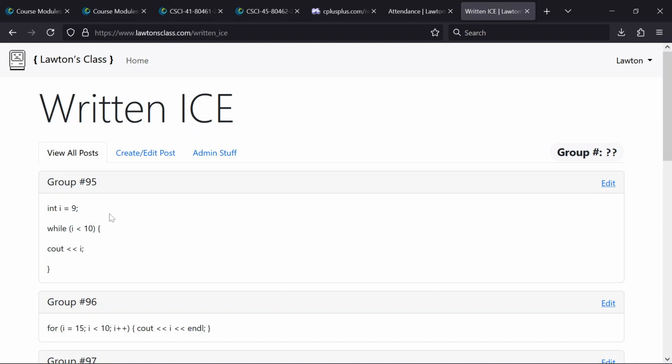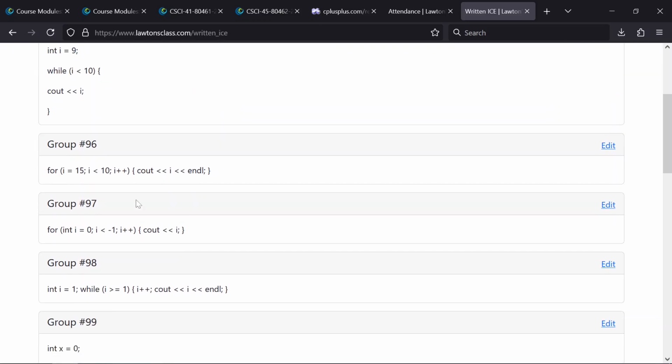While i is less than, nice. So here's a loop that does not have a counter. It's not counting up. It's never changing its value. Good. Very nice. Very nice.